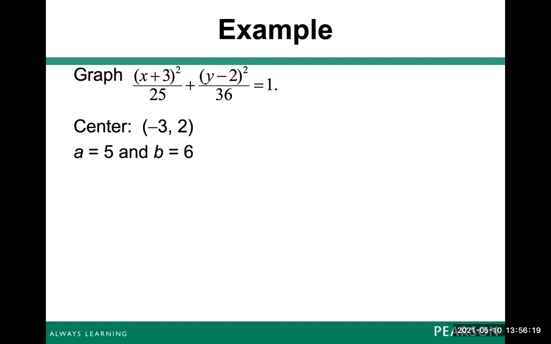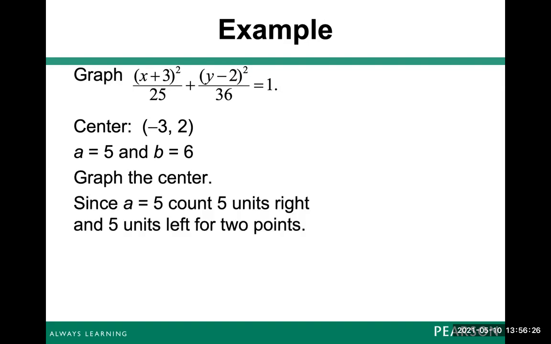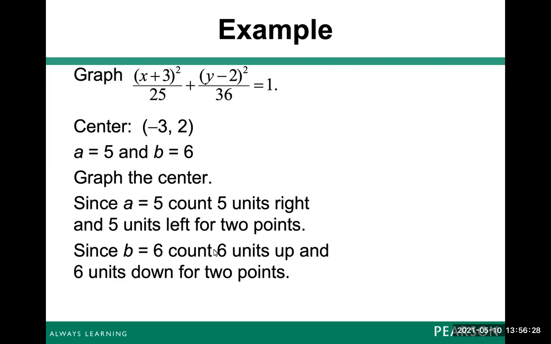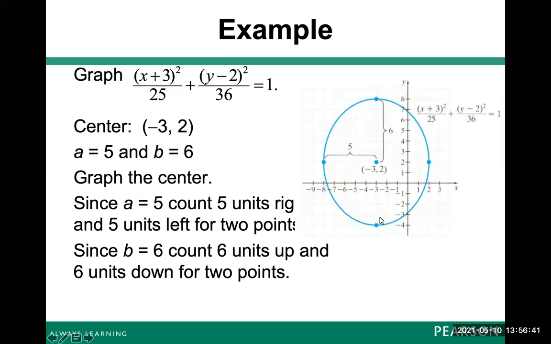And now a is 5 and b is 6. So what we're going to do is graph the center and then count 5 units right and 5 units left to get your first 2 points. And then starting at the center, count 6 units up and 6 units down to get your other 2 points,